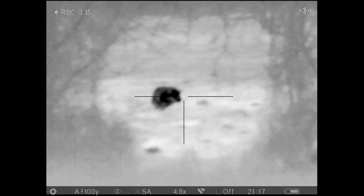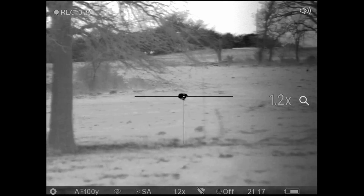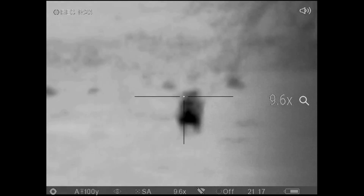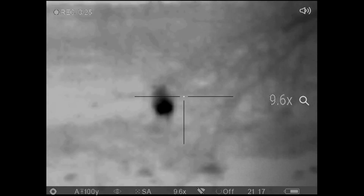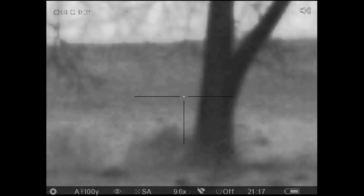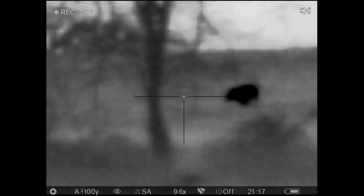Now I'm going to let him run. This is a body shot, an intentional body shot. I want to see how well the Wolf ammo performs. And about the time I decide that this hog isn't stopping, I decide I need to shoot again. I think he's going left. I shoot off to the left. The shot misses, and then he turns to the left. And he keeps going. Matter of fact, he goes on for so long, we have enough time here for a